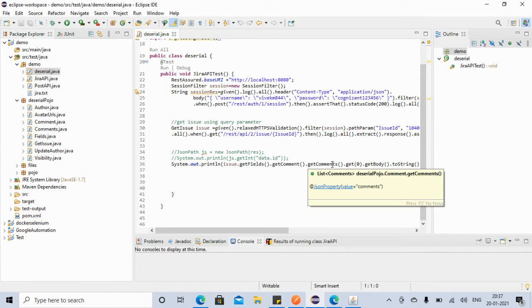When we create a Pojo class from the JSON response, and then validate that response using the object, that is called deserialization. Now let's see what